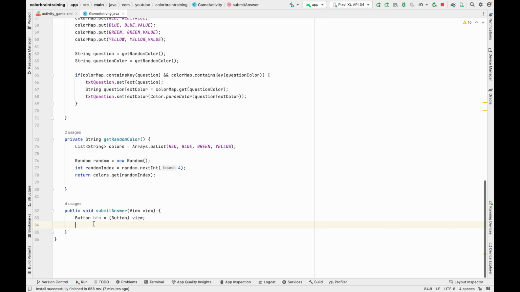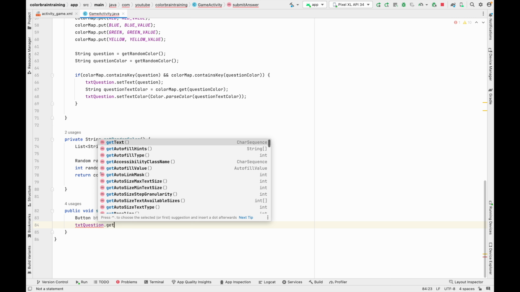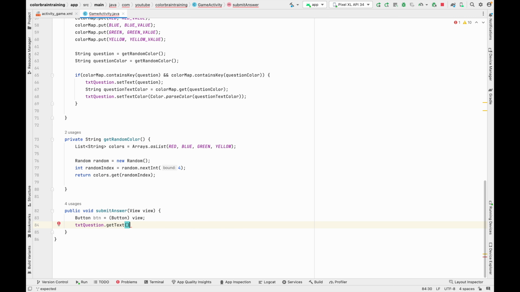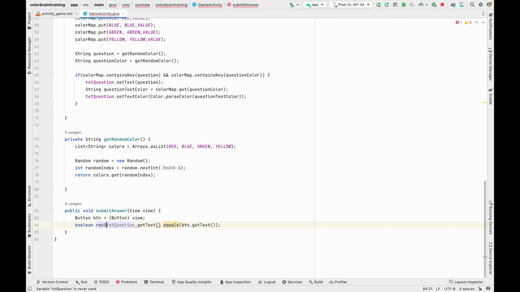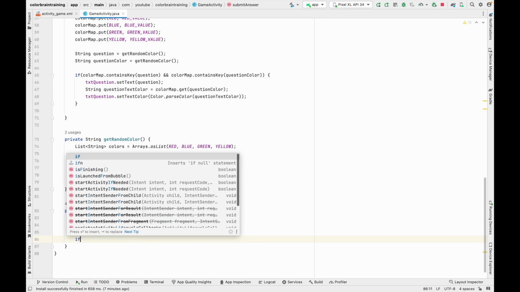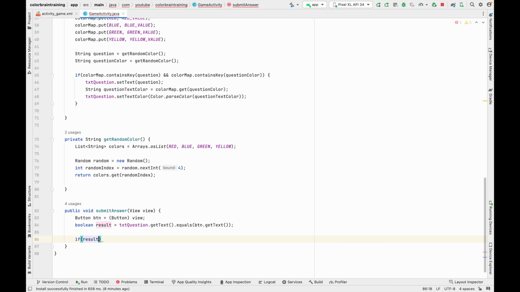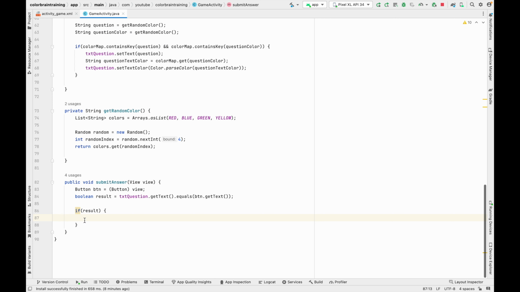In order to do this, we have to go to Android Studio again, and over here we can write txt question dot get text. Basically from the text view we are getting the text, and we are matching that text with the button text. So we have to use btn dot get text, something like this, and it will return us the boolean result. So we can store it inside a boolean value, boolean result, and then we can check if result is equals to true, then it basically means that the answer is correct,